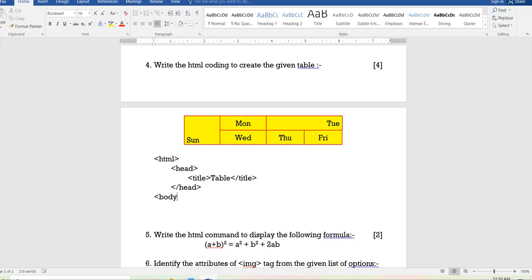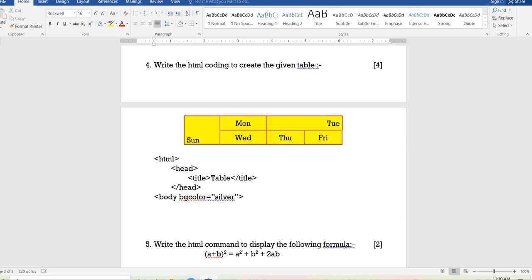Then I'm taking body, bgcolor equal to silver. You can take any color as per your choice. Now see, here in this table, no instructions are given, so you can use instructions from your own side. But in the PDF, background color yellow is visible properly, border color red is visible properly, and alignment is also visible. Which cell is in center, which cell is in right. So you have to keep that logic as such.